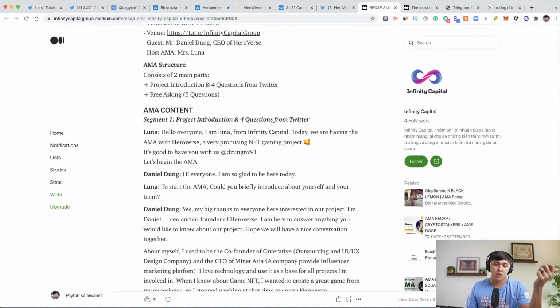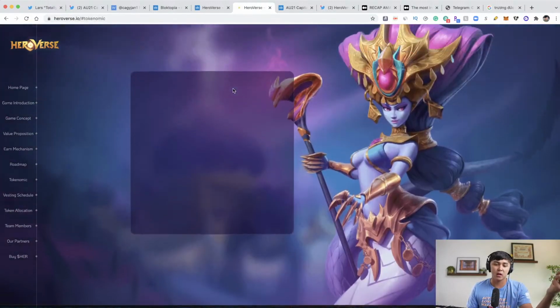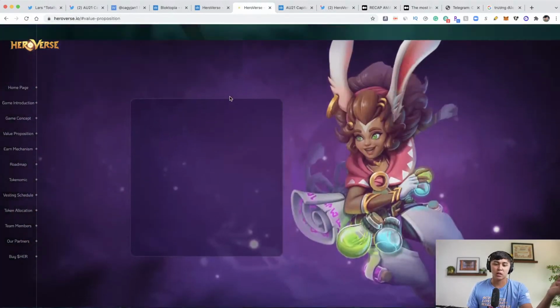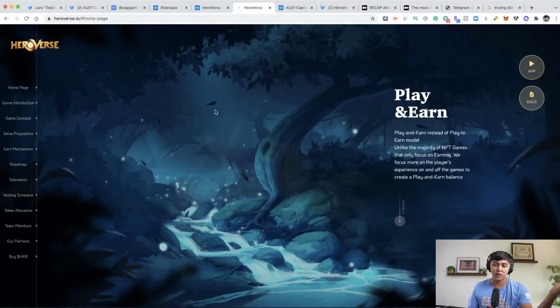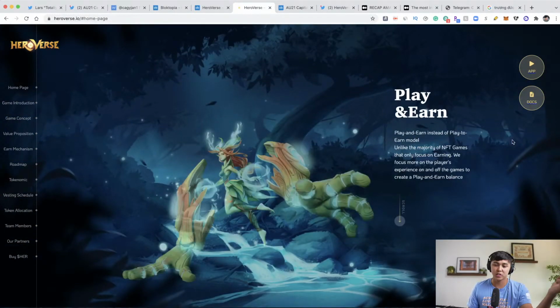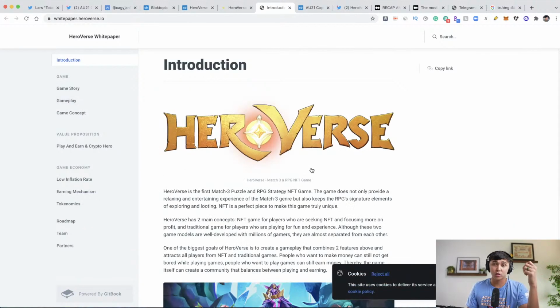Okay, so that's kind of it. This one looks actually promising. So this will be going into my bag of, hey, I want to do further research into it, maybe buy a little bit of an allocation while I figure it out. And they have a white paper here. What I'll do next is, I went into the website, saw it, and now I'm going to deep dive into it to see if I actually want to invest in it. That could be a separate video. And then from there, we can go from there.